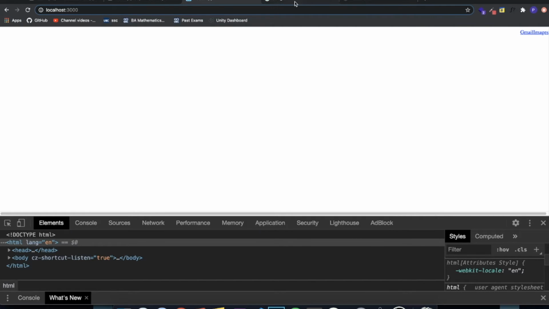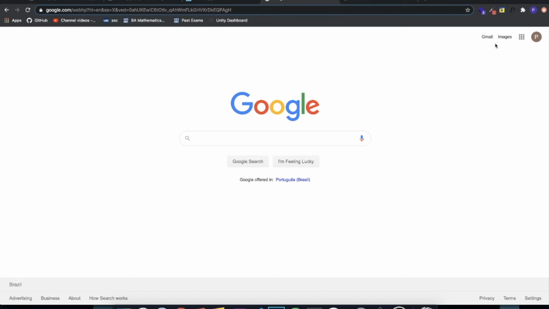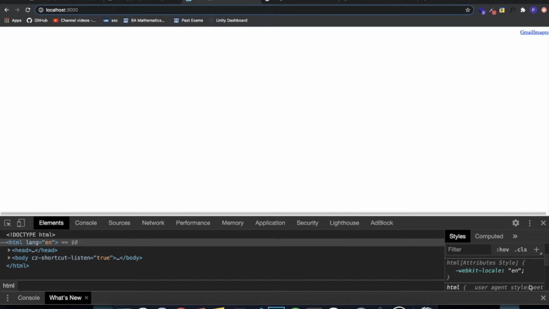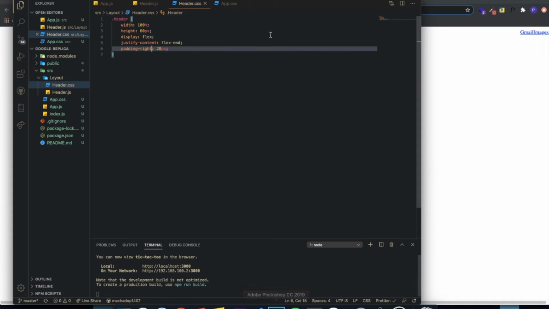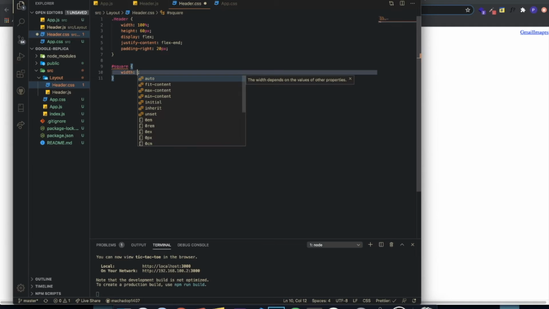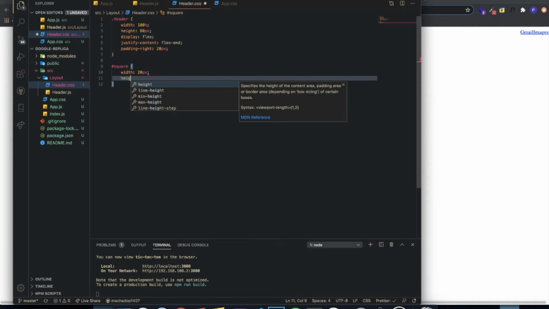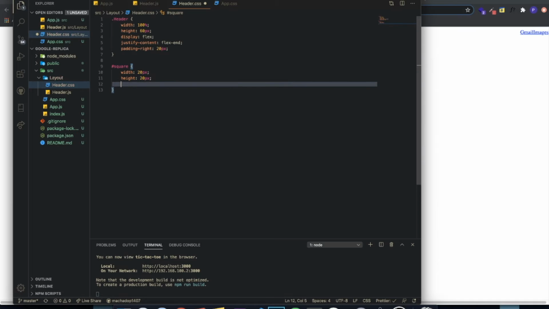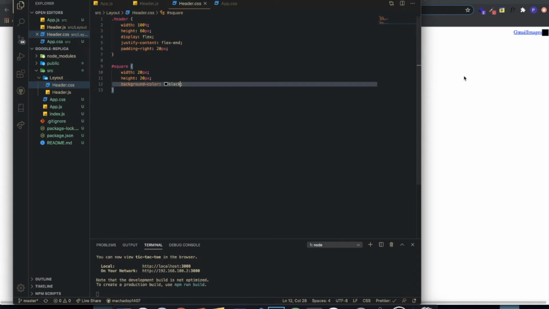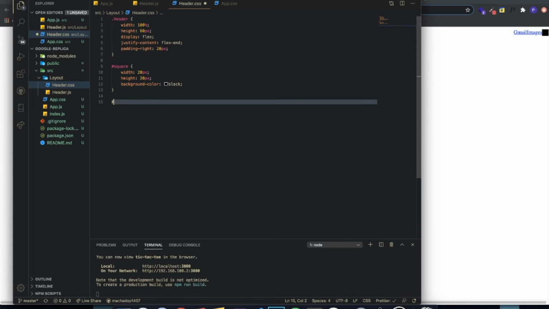And let's see, they need to be structured in a way where they're in the same plane. So let's come here. Okay, they're in the same plane, and I'm also going to work on the square. It's just gonna be like a width of 20 pixels, height of 20 pixels, and I'm gonna make the background color black. Okay, now we have a square,